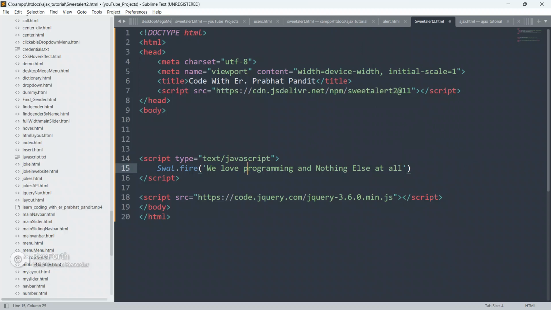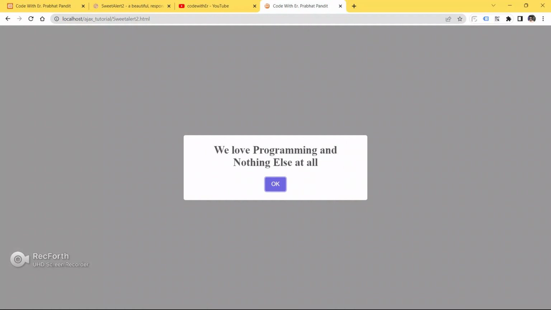We only love programming and nothing else. For programmers, for people like us, we are programmers, and we only love programming, nothing else. So save your code, go to the browser and refresh your page. See, we love programming and nothing else at all.